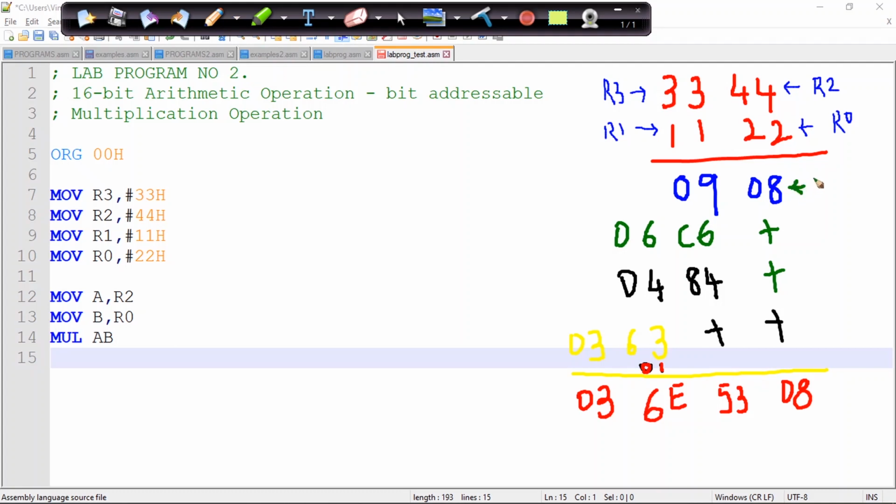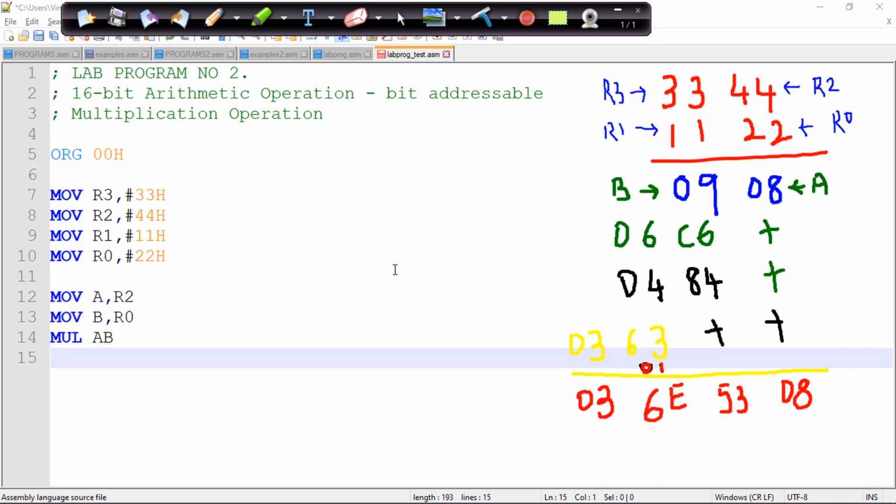The lower nibble is always present in register A, and the higher nibble is always present in register B. Now if you look at the operation, 8 goes directly to the output. Let us consider that we are storing our outputs in different address locations, varying from 40 to 43 hexa.